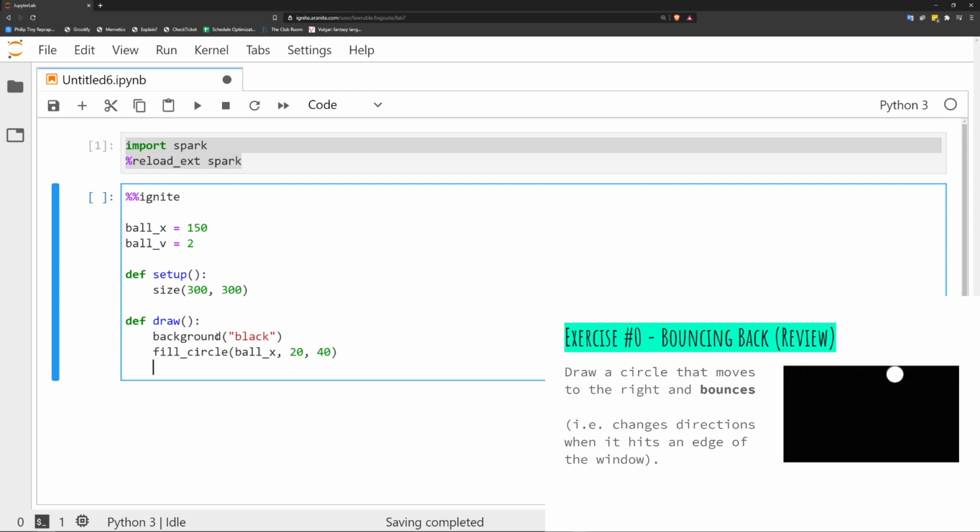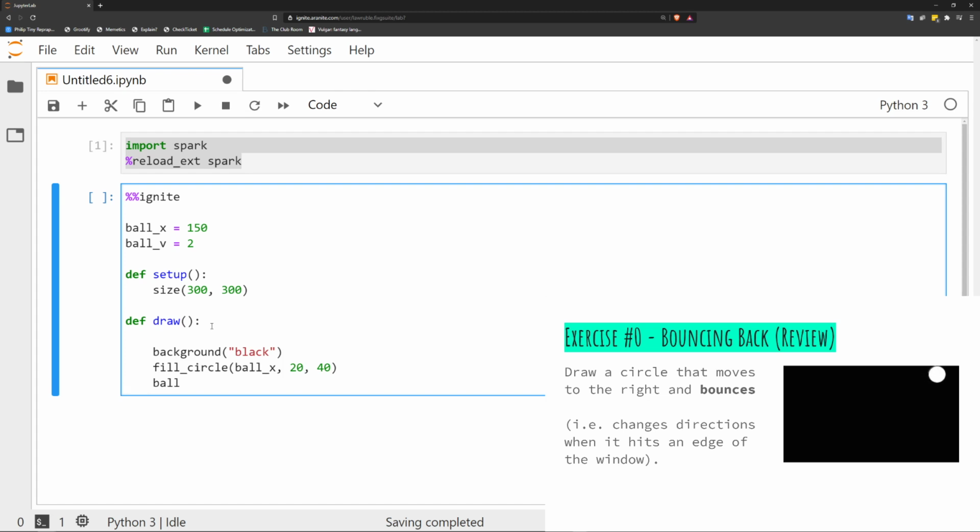So what we're going to do is say, whoops, those of you who are on the ball, so to speak, will have noticed I forgot my global statement. So here, because we want to use ball x and ball v, we need to do global ball x and ball v. So in order to get the ball to move, we say ball x plus equals ball v,